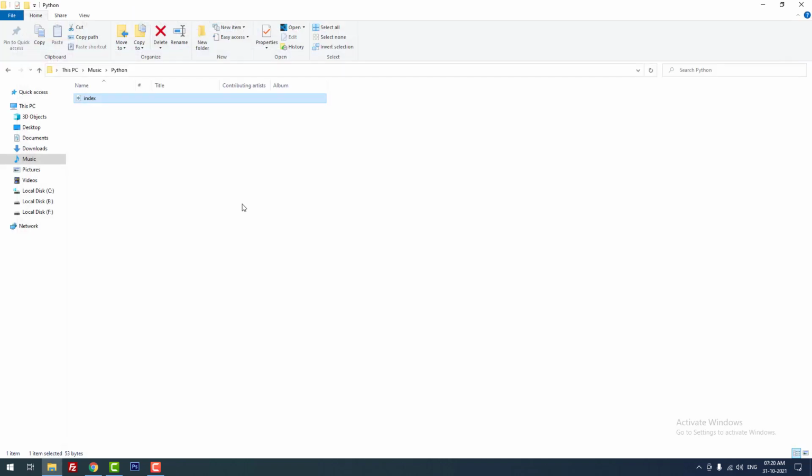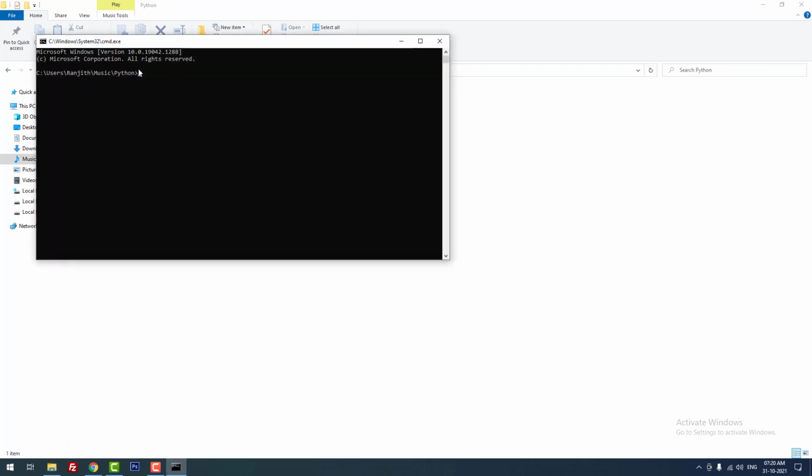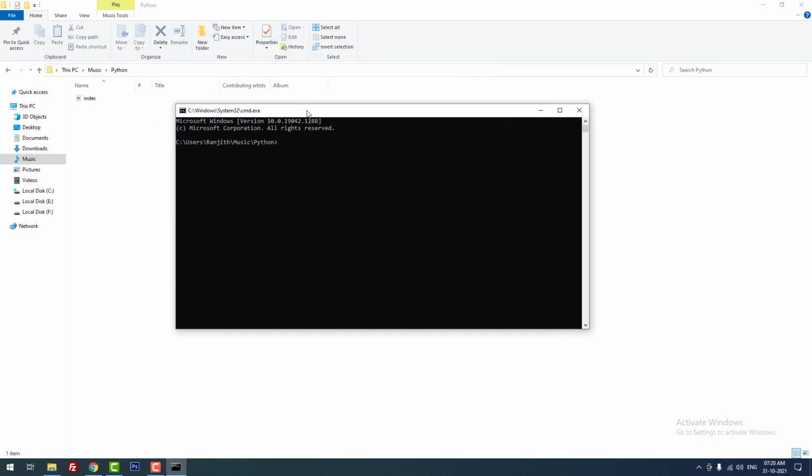Okay. Now I am going to run this index.py file in command prompt. Just click here in the directory location path, then type cmd, then hit enter. It will automatically open the command prompt in the directory. You can see here C:\Users, then my computer username Ranjit, then Music, Python.